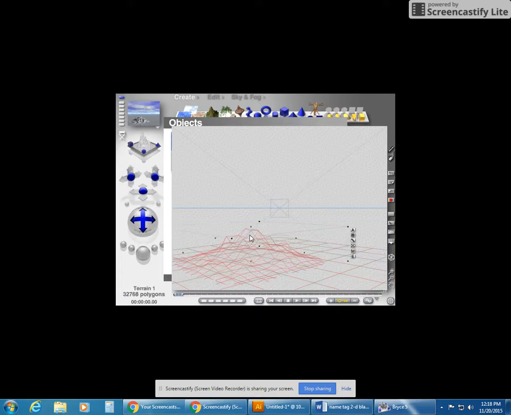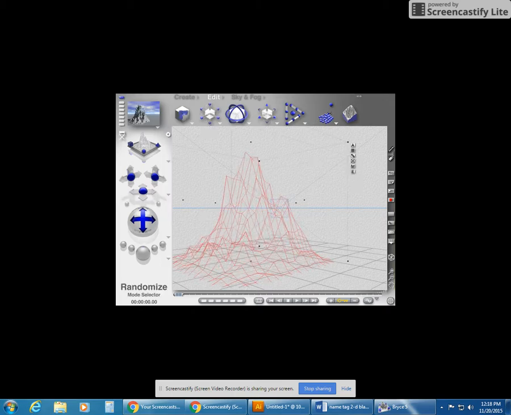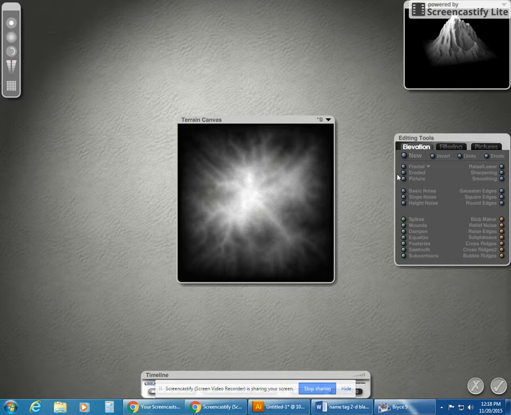I have my mountain. I'm going to edit my mountain, make it a little bit bigger. And I'm going to now change the shape of my mountain. So I can either click here on the E for edit, or I can click right here. This is also an edit, and this is going to change my mountain. So the first thing I want to do is I want to erode my mountain a little bit. So right here under erode, I'm going to click it and drag it to the right, and it starts to